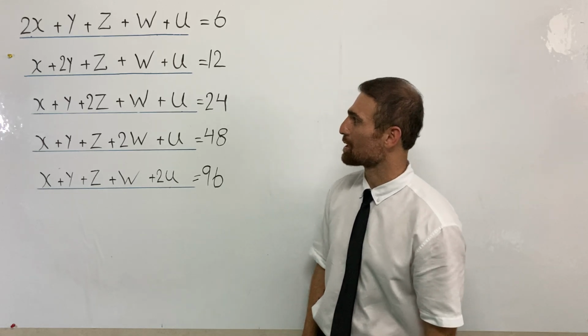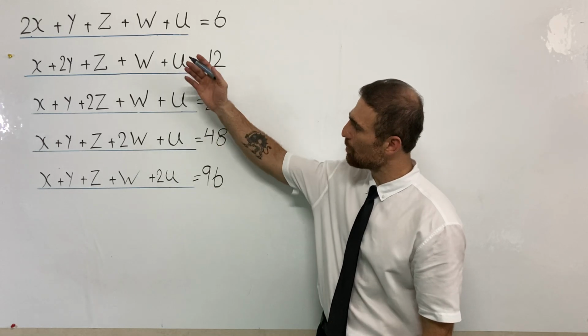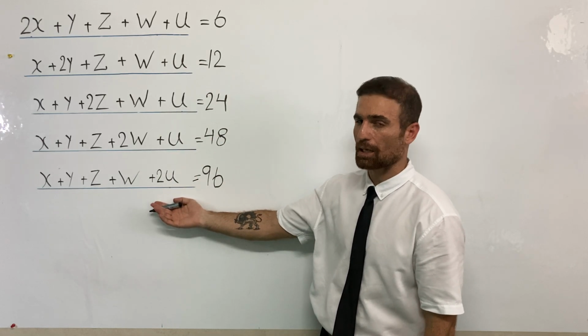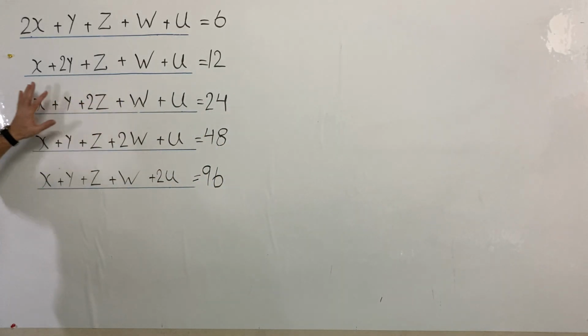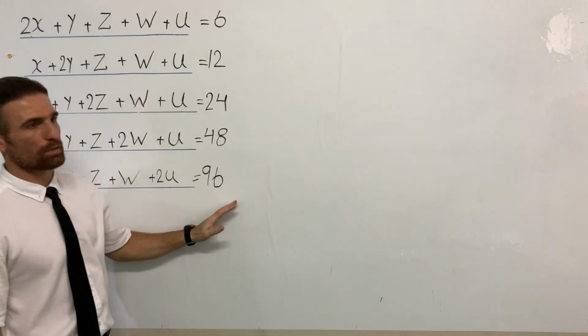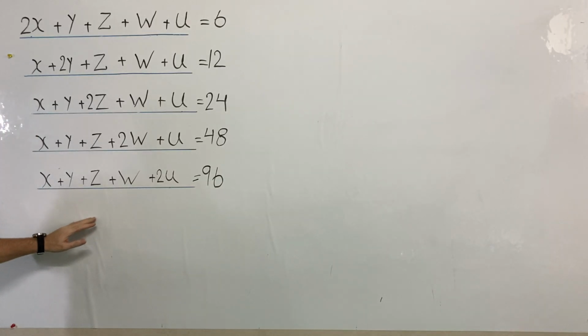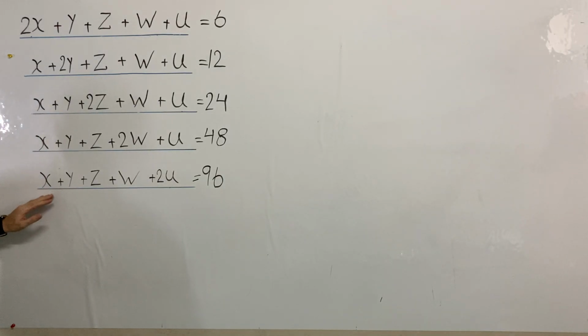To solve this question, I'm going to use the sum of these 5 equations. But how? To do this, I'm going to add all left sides together and right sides together. Let's see what happened. How many x's do we have here? 2, 3, 4, 5, 6. So I write here